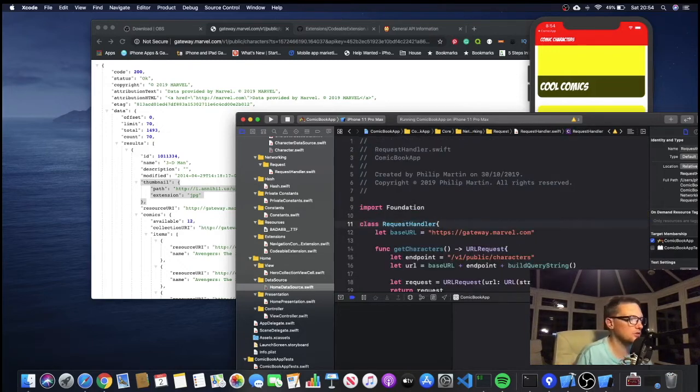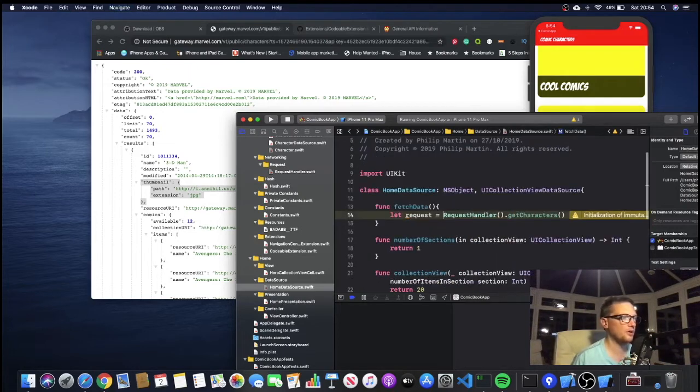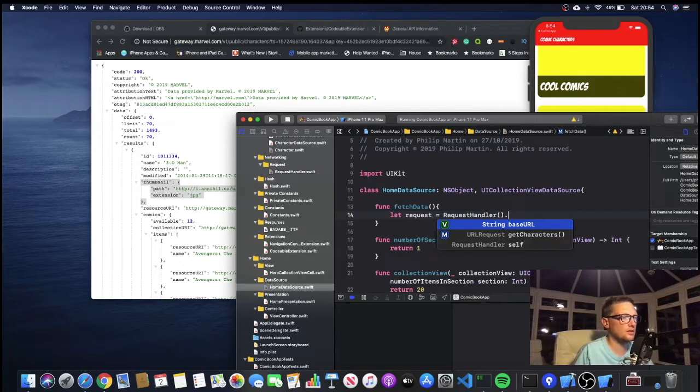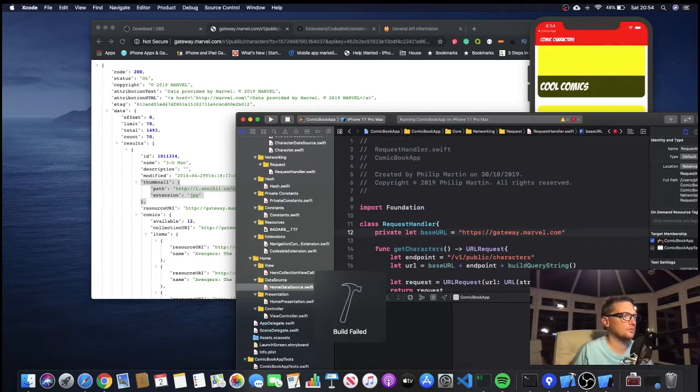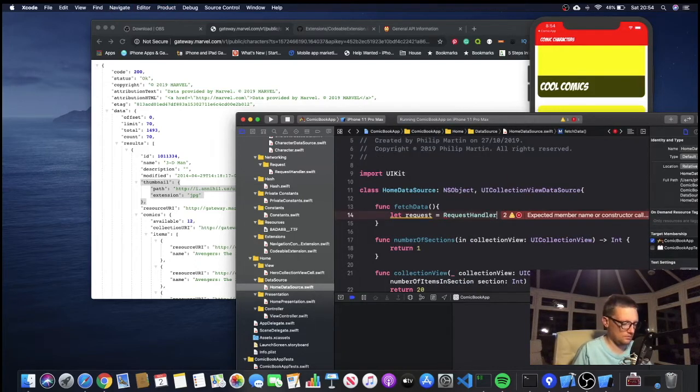That base URL should really be private, so it's only accessible by the file. Just as a good housekeeping thing, I've made that private, so that if we try and come here again and do that, base URL doesn't exist anymore. Just had to compile it for some reason. Anyway,